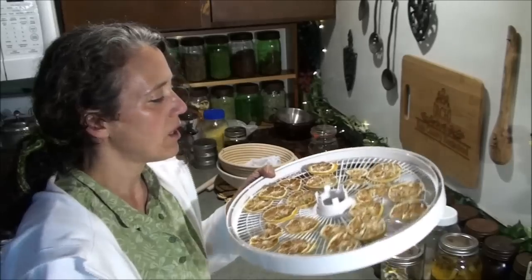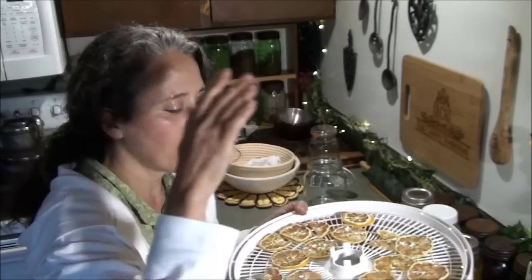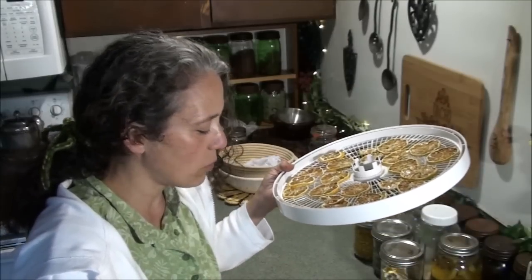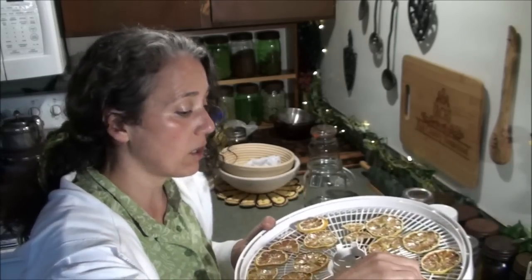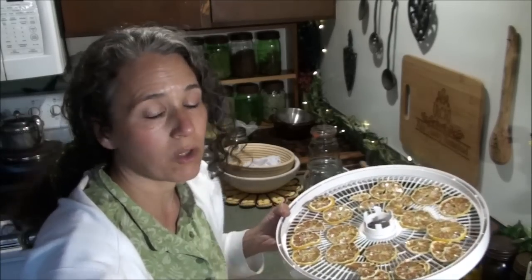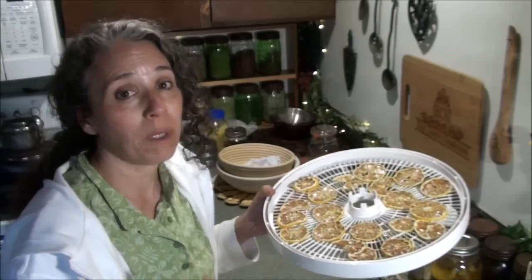Anyway, I just took these off the dehydrator. They're nice and crisp. These I will leave like this. I might do some more and then pulverize them like I do just peels, but make sure you get all the seeds out of them. If you pulverize the lemons and turn them into a powder, they're really great for using as flavorings in different things. But I also like to use the ground up dried peels or lemon slices like this